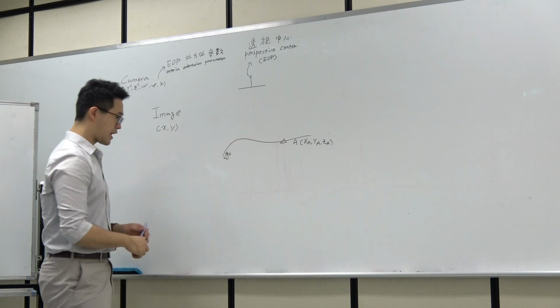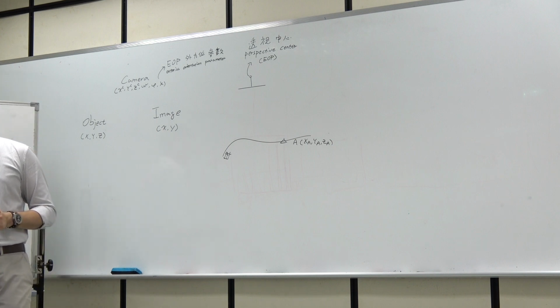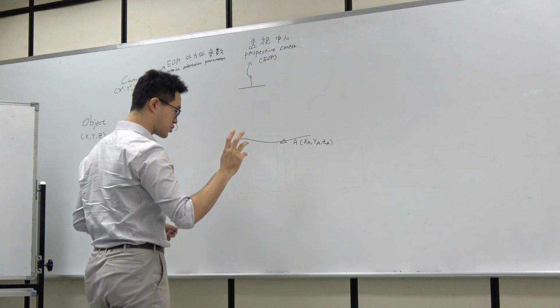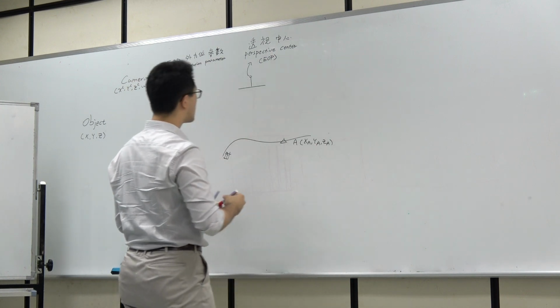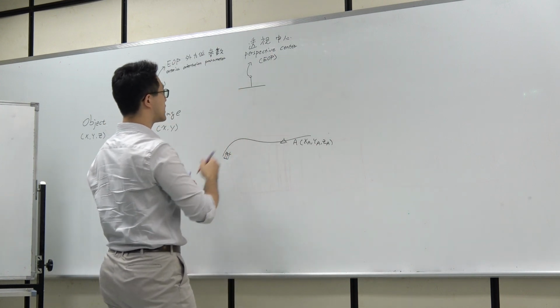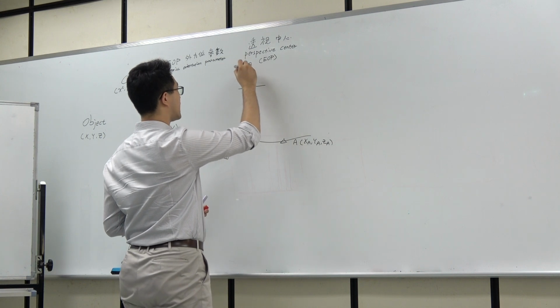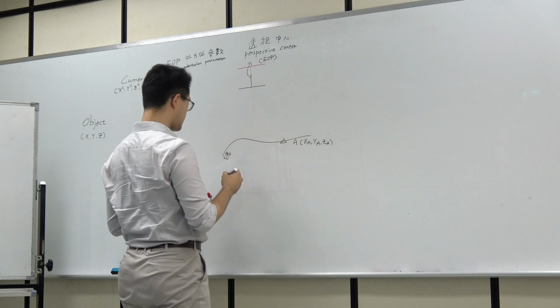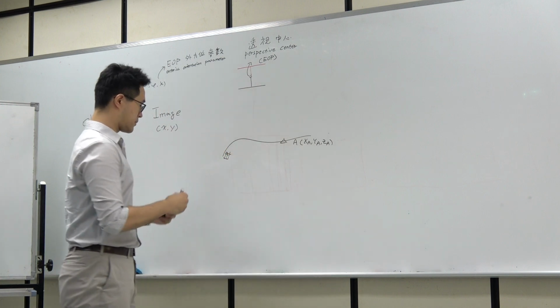However, I believe you guys should have the idea that there are two ways to draw the image location. One way is to draw it like this, and the other way is to draw it like this. Okay, so supposedly,